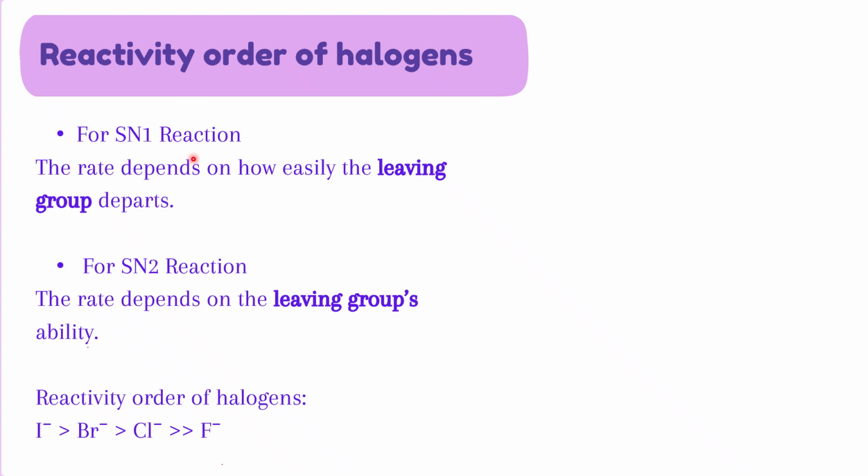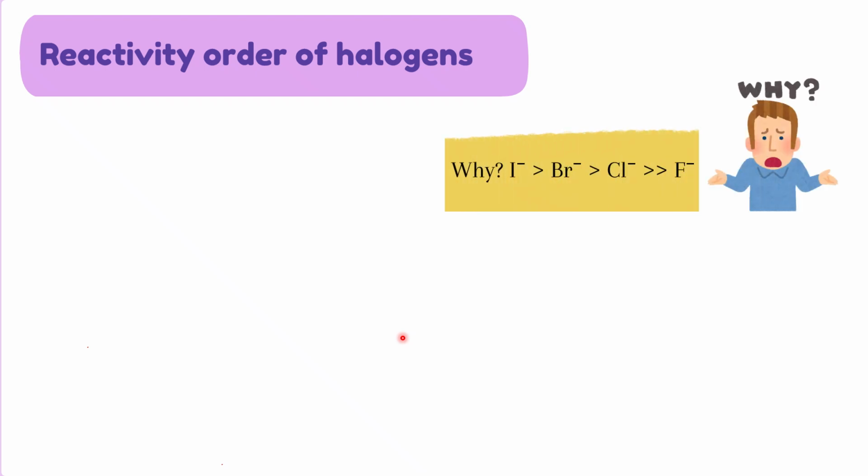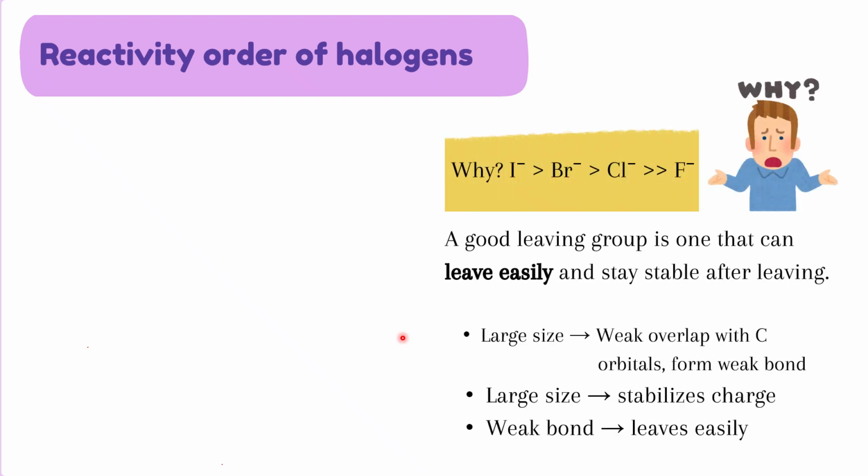Well, in both the nucleophilic substitution reactions, the requirement is that the leaving group should easily leave the substrate, because if the leaving group is going to leave the substrate easily, the substrate is readily available for the nucleophile to come and attack. This means I require a leaving group which can easily leave. So as you can see here, I have this order, and now we are going to reason why this order